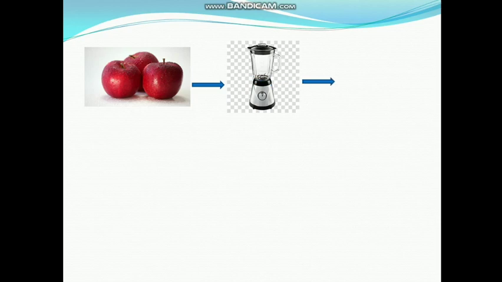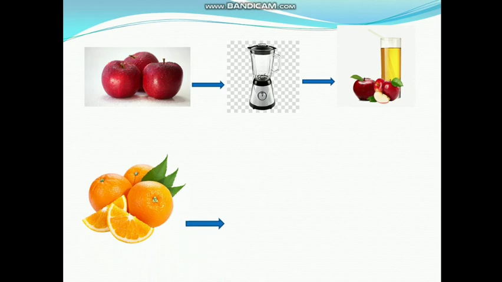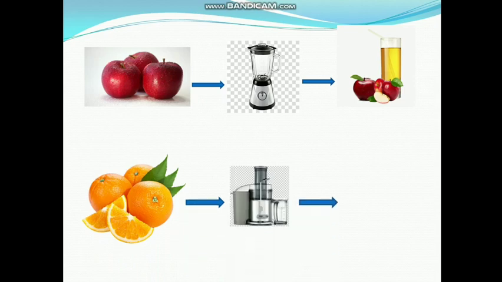We'll see a practical example of why we need functions. So imagine a juicer 1 is used to make apple juice and a juicer 2 is used to make orange juice. So don't you think it is inconvenient? This is simply a wastage of resource.